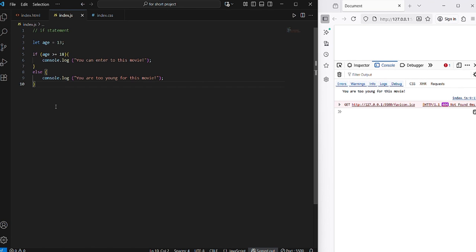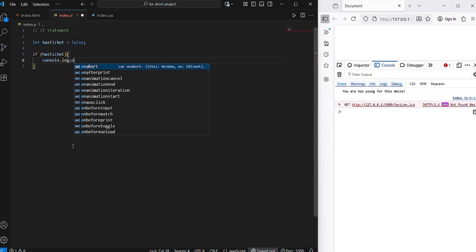Booleans work very well with the if statement. Let's see. Let hasTicket. If a user has a ticket, we can write true. If a user doesn't have a ticket, we can write false. And let's write if a user has a ticket, it will display console.log